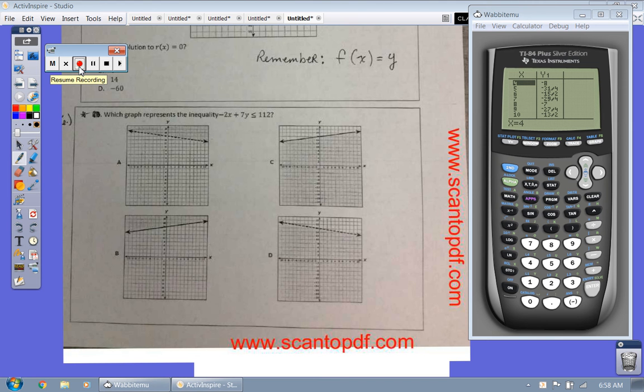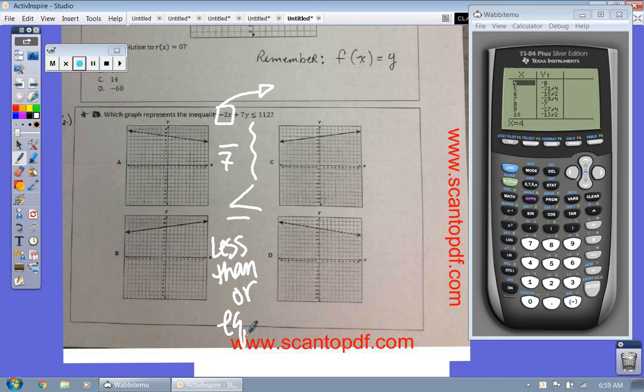Question 6. Which graph represents this inequality here? Well, if you go back to the move divide, we're going to kind of do this in our head here. If I were to move the negative 2x to the other side, my last step is going to be divide everything by 7. Well, when you divide by a positive, the sign stays the same. So let's look at the sign. The first thing I want to do is look at this. The sign is less than, because I can make an L out of it. See right here, an L, less than,